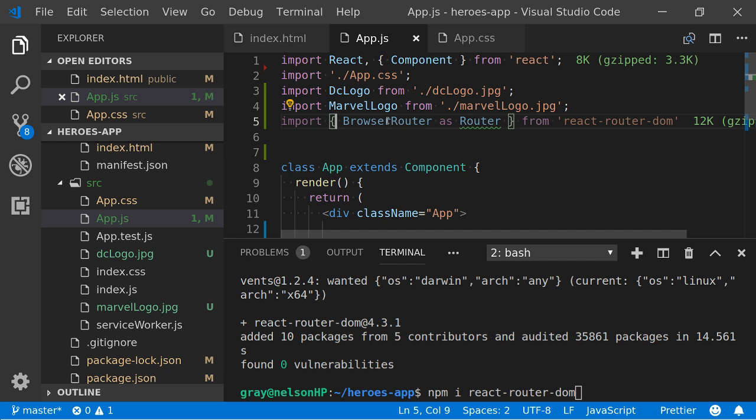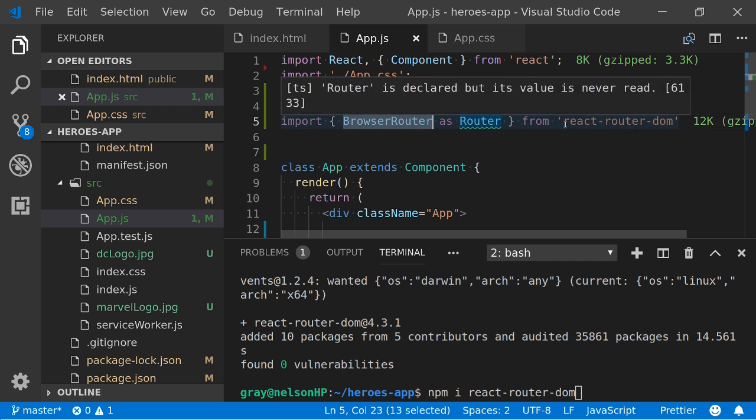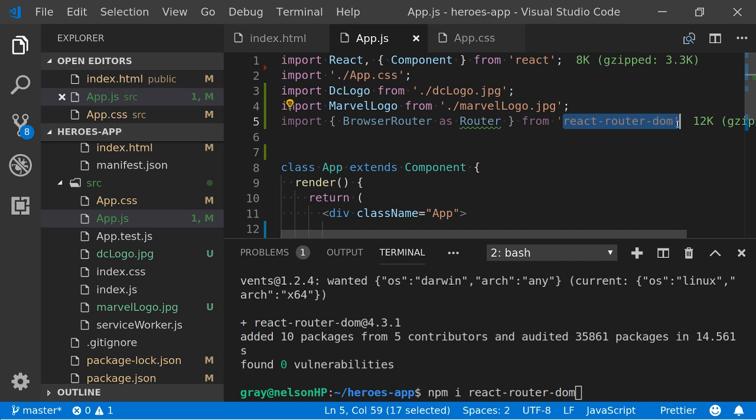But if this file exports many things, then we will need to use the curly braces. So these are for non-default exports. We need the curly braces.